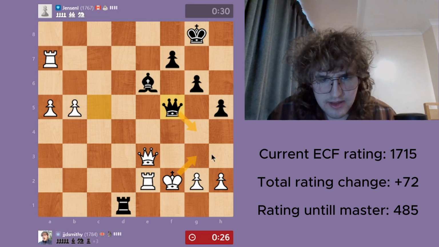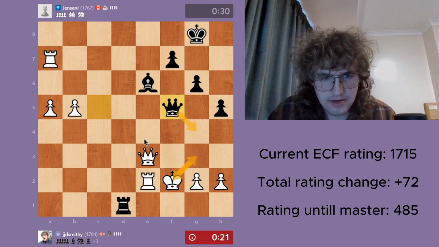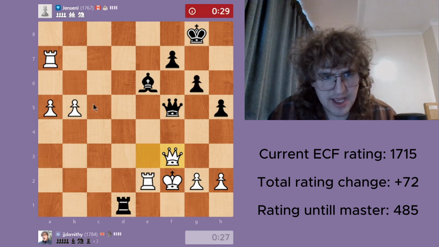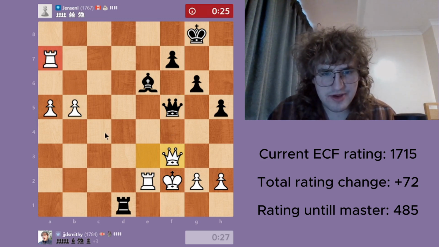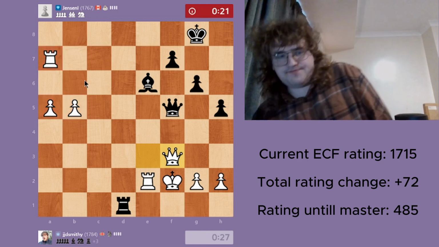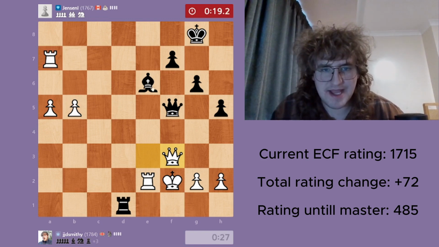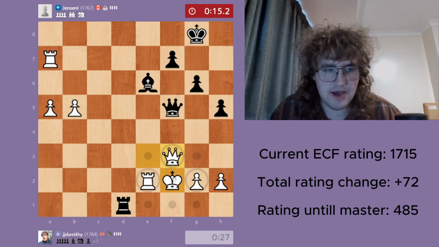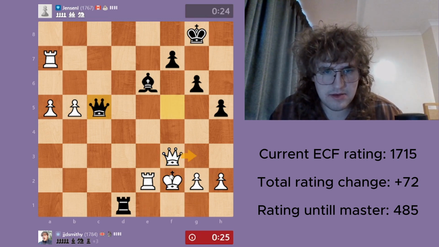There. Back is really annoying. Oh, we slipped up a bit there. Unless we sack the rook. Depends how confident we are in these pawns. Alternatively, we go...